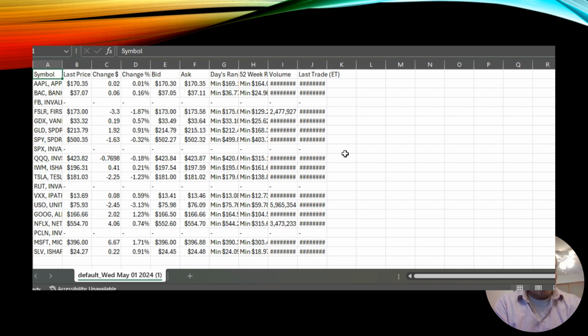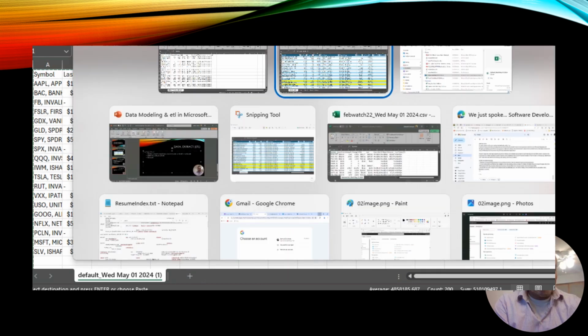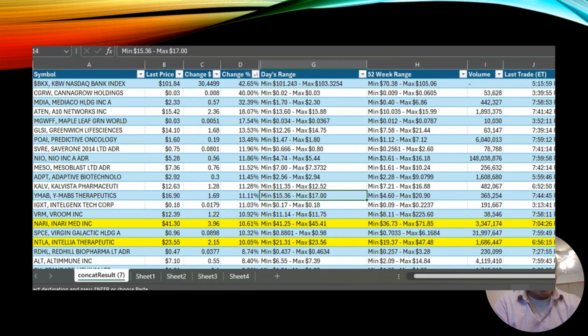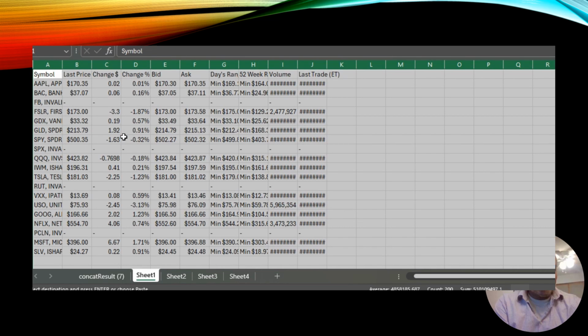And all right, so I'm looking at the data. It came into me. This is from one of my employees. He's in charge of a watch list that I call default. The column labels are symbol, last price, change percent. So remember in the first one, we were looking at percent moves. Okay. So I'm going to select all. I'm going to copy it, and I'm going to put it in one workbook. I'm going to say paste,